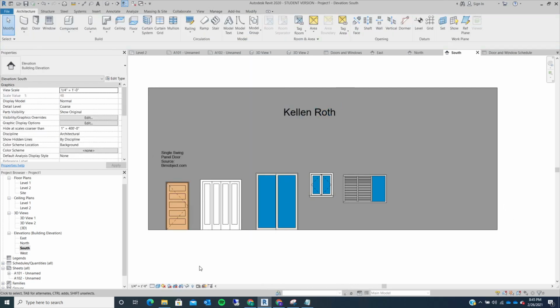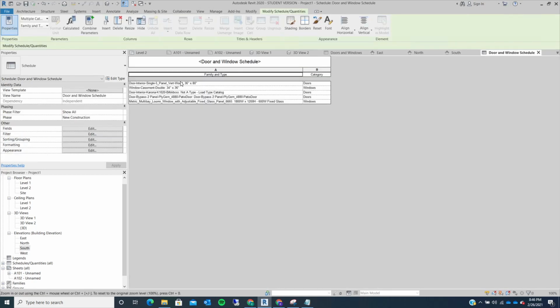Just like that. Make sure your view setting is set to shaded. So down here, just click on that and then click on shaded, and set your detail level to fine so I can see all of the extra line work that might be in there, just to make sure I'm seeing the entire thing. And then that should be it. So take a screenshot of this entire window, just as you're seeing here, once all this is in there and labeled. And then the door and window schedule,